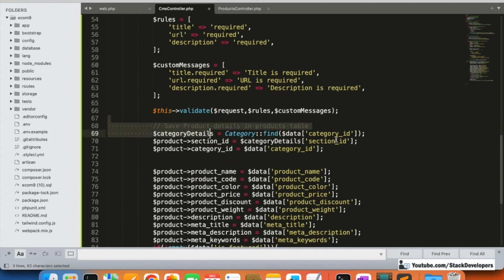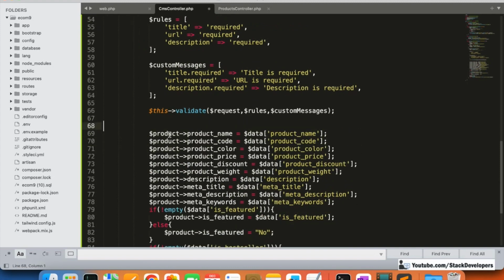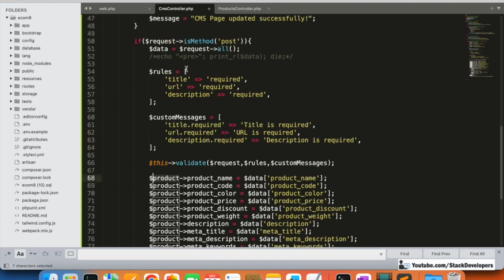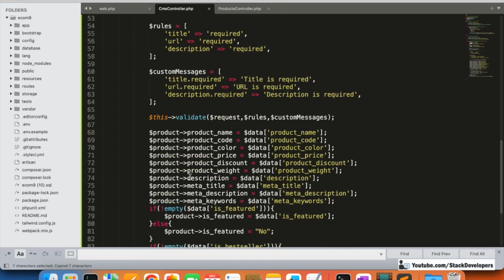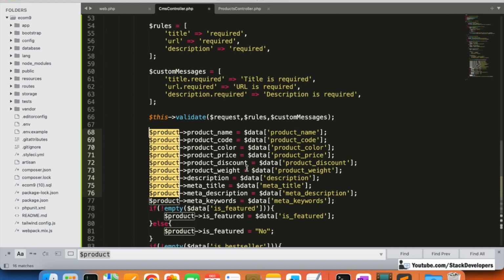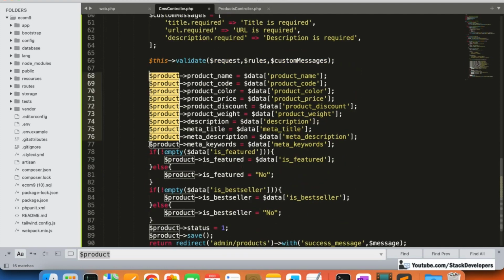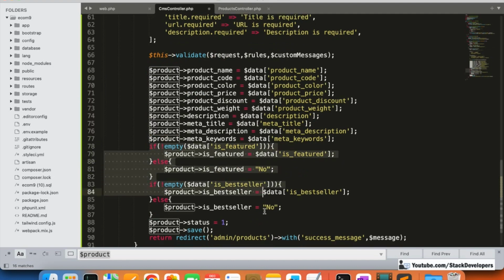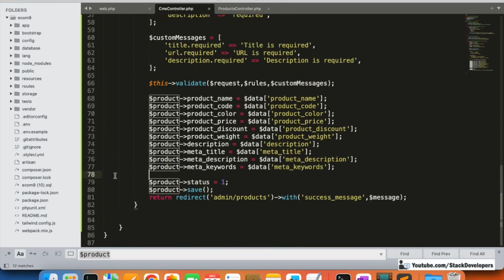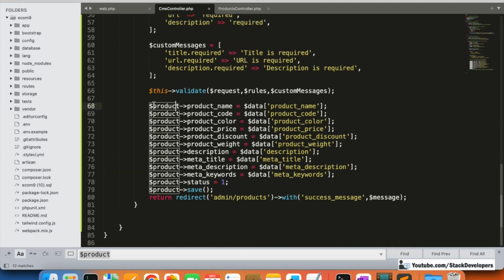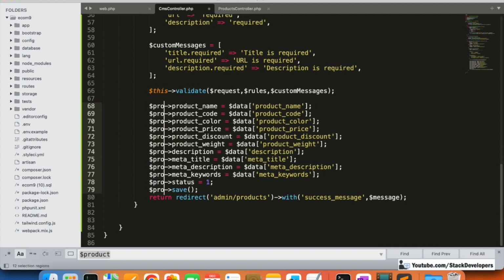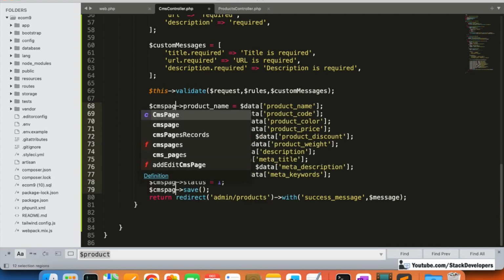So this one is not required. Here we can use this one, CMS page only. This one is also not required, we can remove it first of all. CMS page,